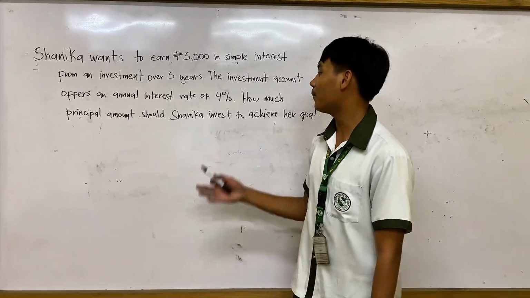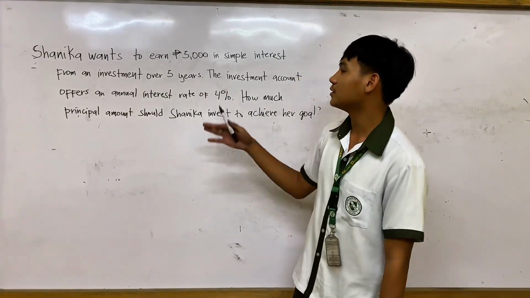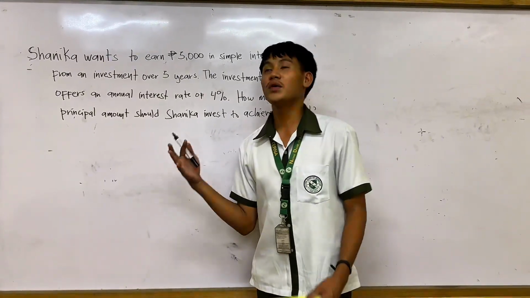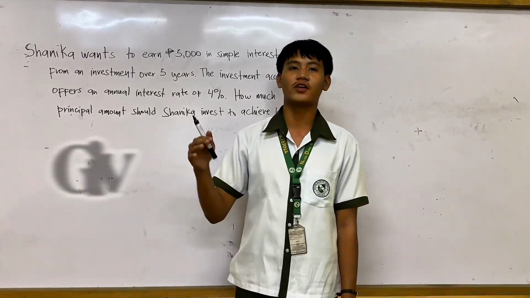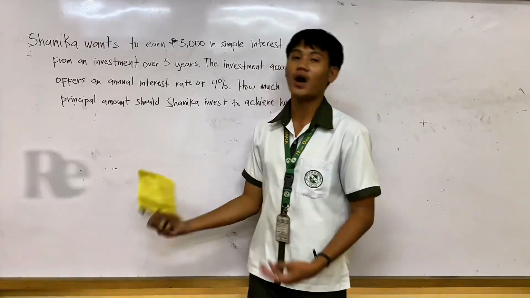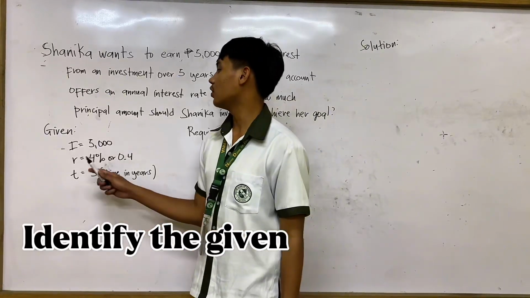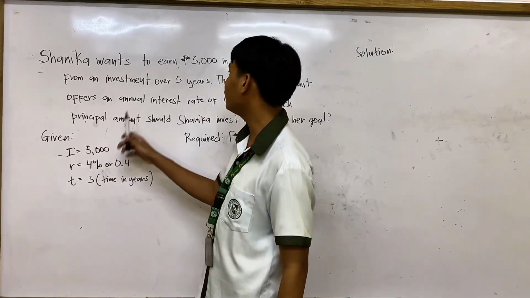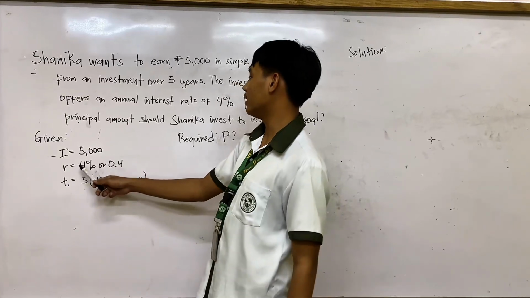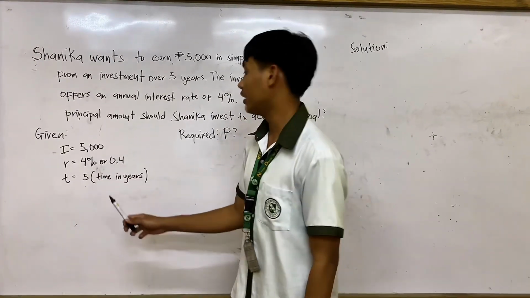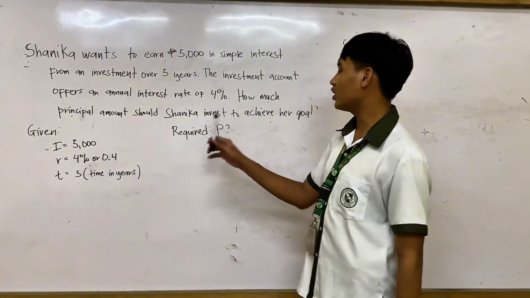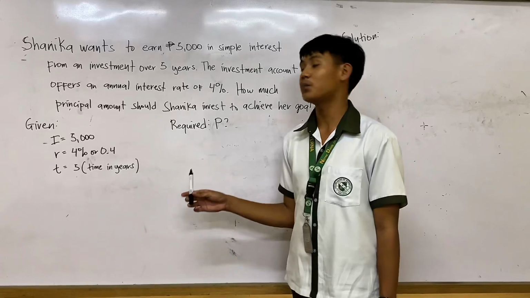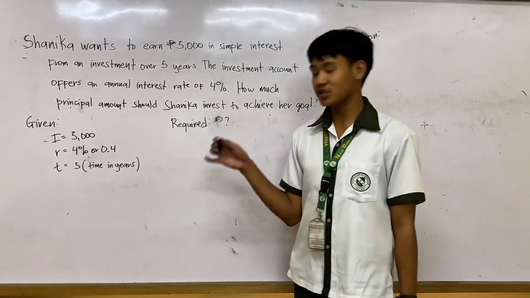So to solve this problem, we use the GRS method, in which G stands for given, R for required, and S for solution. Let's identify first the given. I stands for interest, which is 5,000, rate is 4% or 0.04, and time is 5 in years. R is the required: P, we need to find the principal that Shanika should